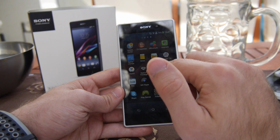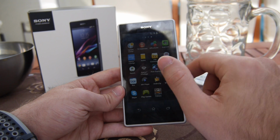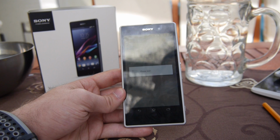Actually, we have Pixlr Express pre-installed, PlayStation Mobile, Box, and from here on these are mine: MX Player, Android, and so on and so on. So there are some things that I installed. Also the Xperia launcher is quite nice, and